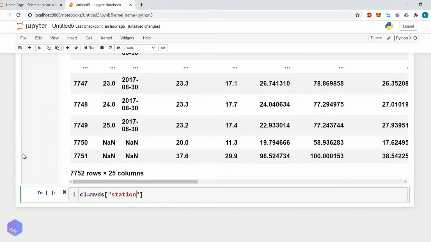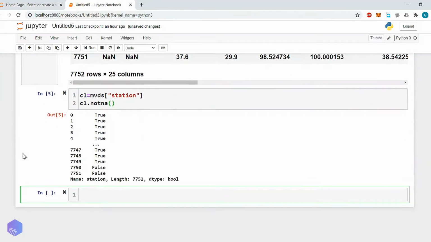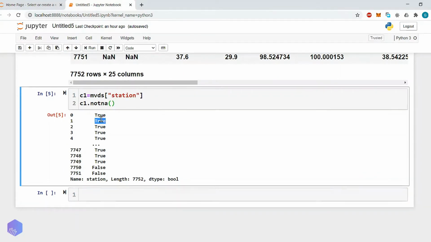Let's try to print c1 equals c1 dot isnull or notnull. Here you can see this function will return true for whatever row has data, and false where the data is missing. For example, the first row has a value, so it shows true, then true, then true.